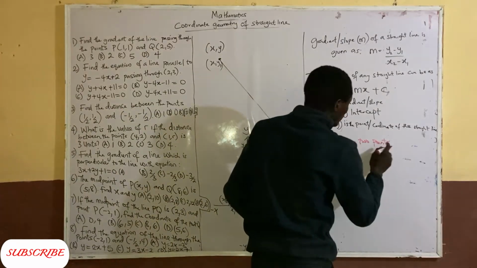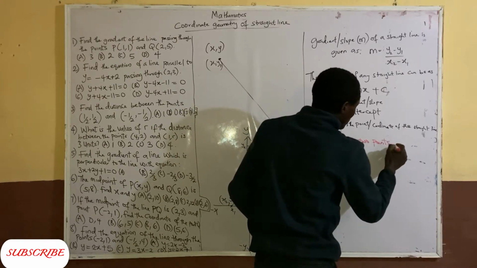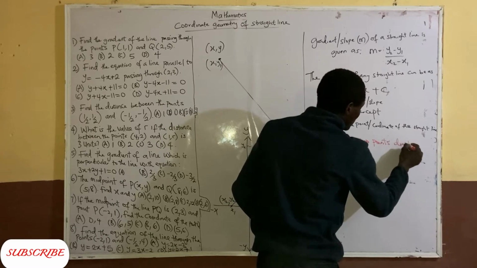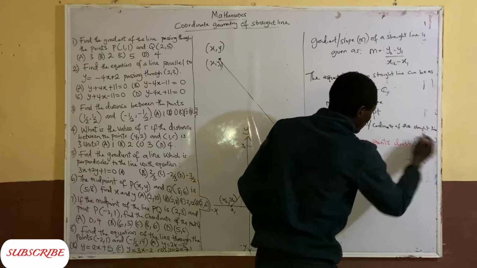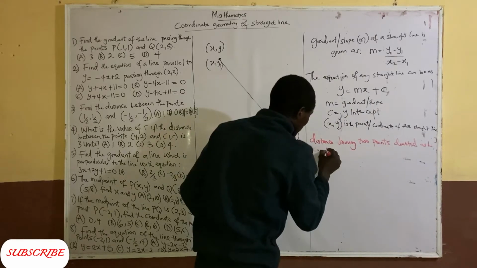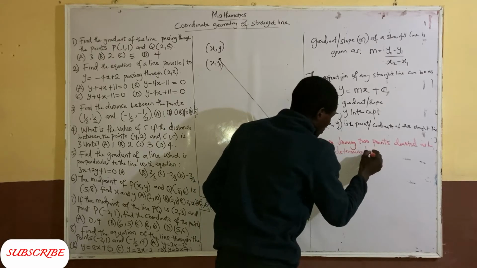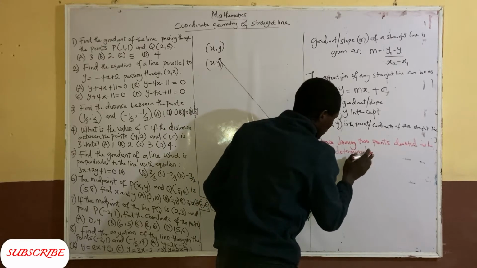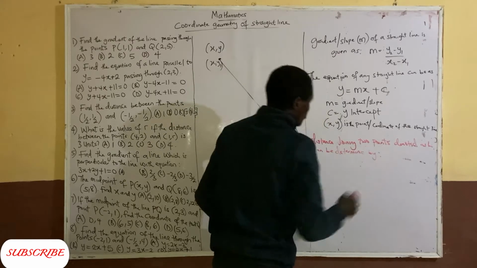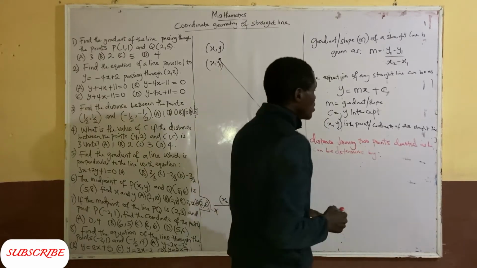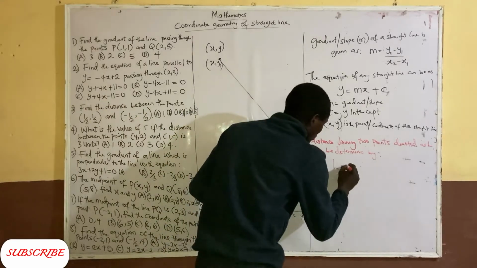The distance joining two points, denoted as L, can be determined by: L is equal to the square root of